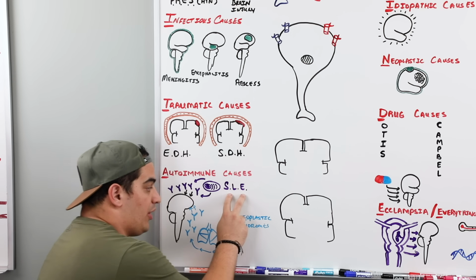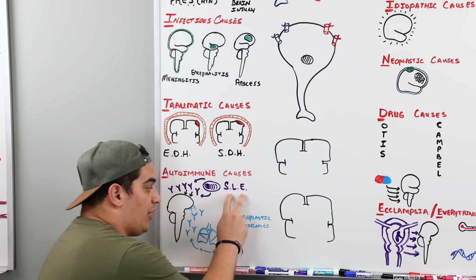So usually this may present as an autoimmune encephalitis that can lead to seizures. Okay? So we have these parts of the vitamin D and E mnemonic. Let's move on to the other parts. All right, so we talked about the first part of our vitamin D and E mnemonic.